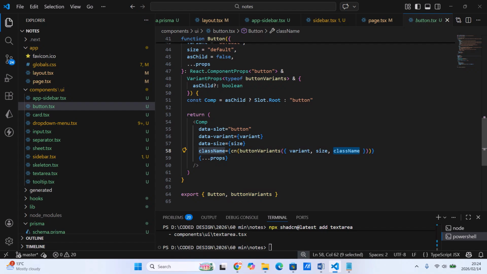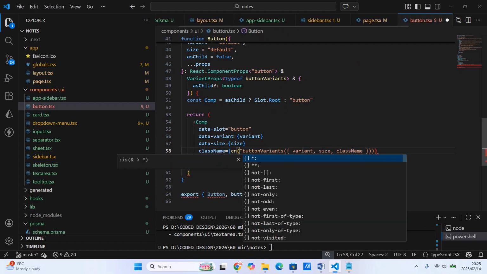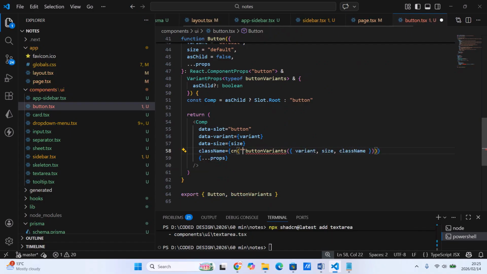Okay, so what I want to do here, I think, how do I change this? This is the class name. We're taking CN here, putting the variant. Let's add here. Okay, before we add a comma, happy with that. Let's add here in the CN, and let's add